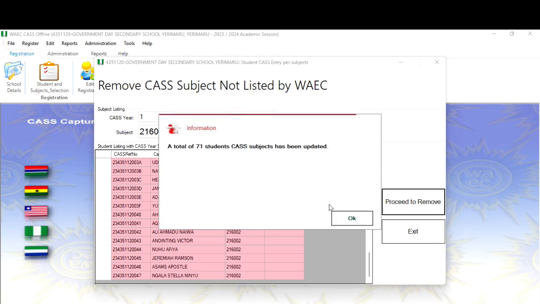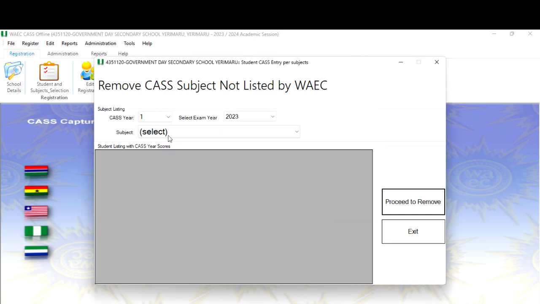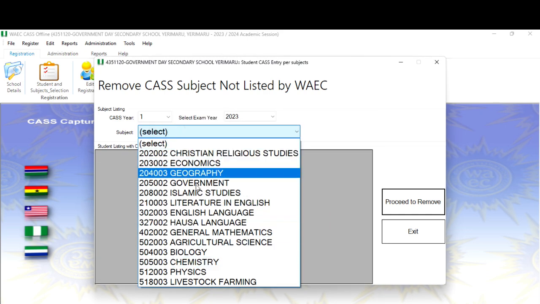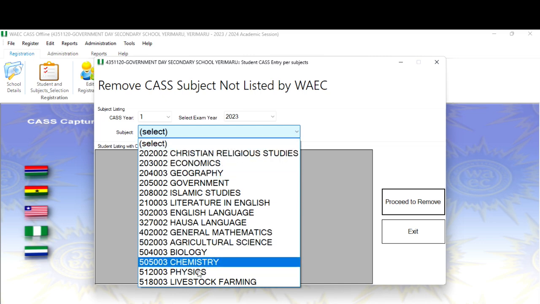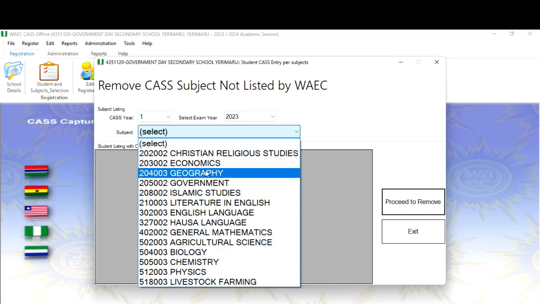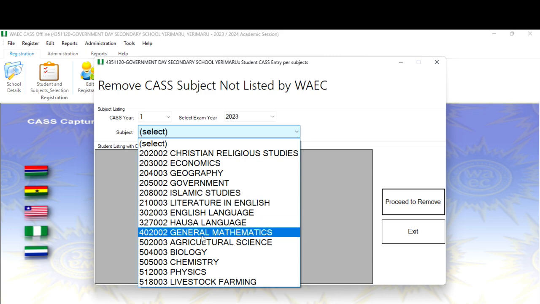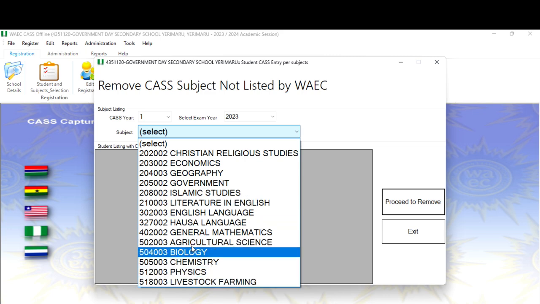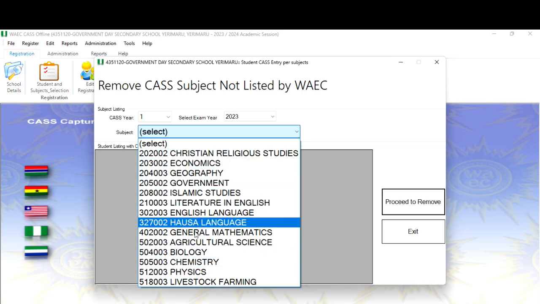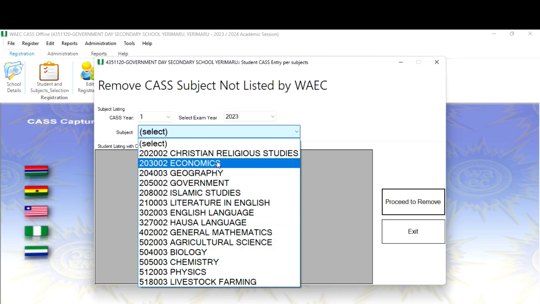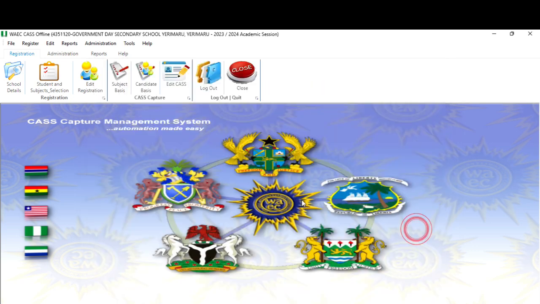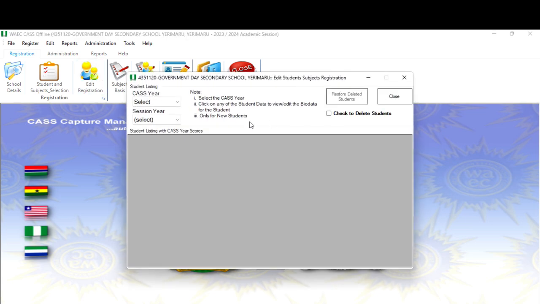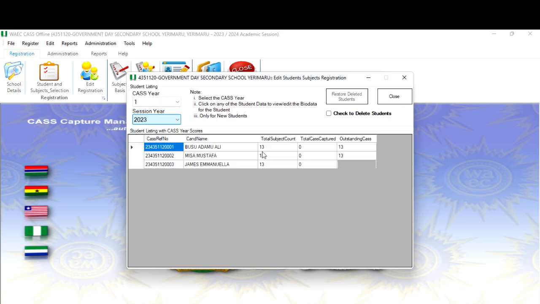So a total of 71 has been updated. You see that right now these are the list of subjects that I have. You understand? So all the students have an updated subject, and this is also a place where you are going to be able to see your subject analysis, so that if a particular student, for example, if I come here, year 1, 2023,